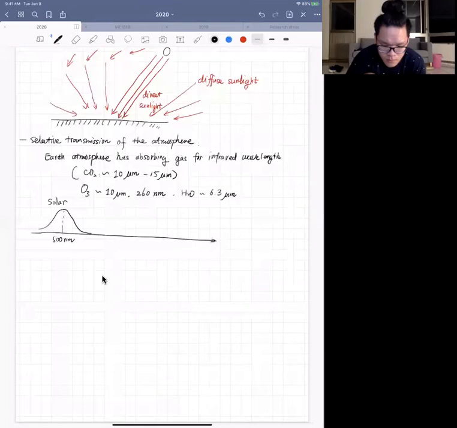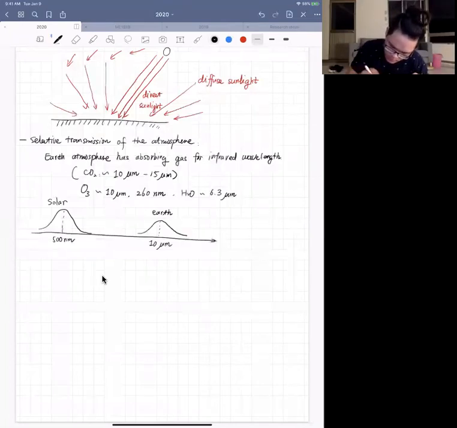As I said, the Earth itself also emits thermal radiation, because the Earth is at about 300 Kelvin. So the peak wavelength is about 10 micrometers. Now, if we have an increasing concentration of carbon dioxide in the atmosphere, then this carbon dioxide layer is basically a selective kind of